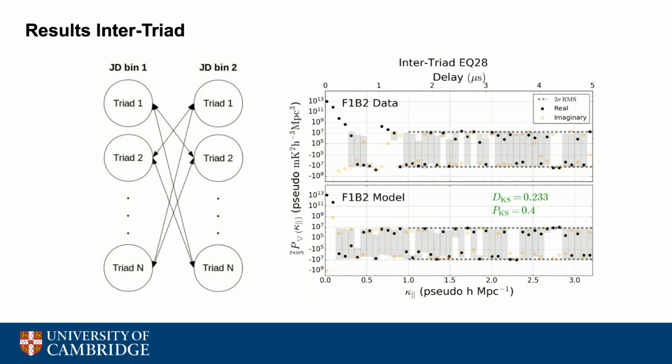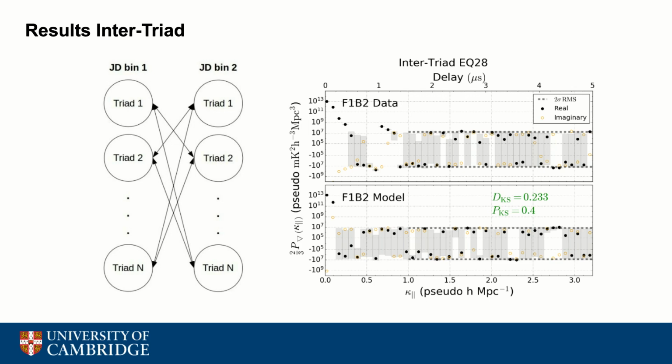So here's an example of one of my results. Here I have only averaged cross-power spectra between different triads of the same triad class. This is to ensure that systematic effects which are triad-based and coherent among different observing nights still average down. So here on the right is an example for field 1 band 2 and equilateral 28 meter triads.